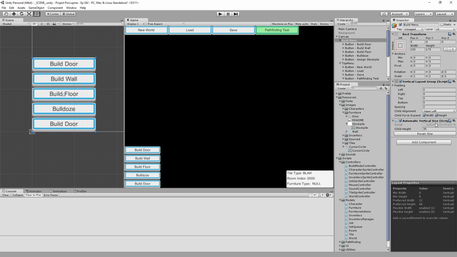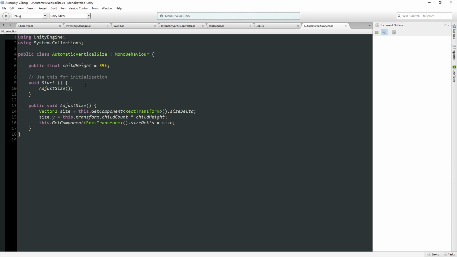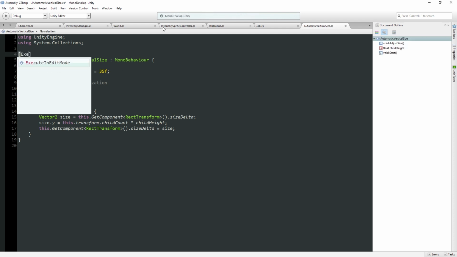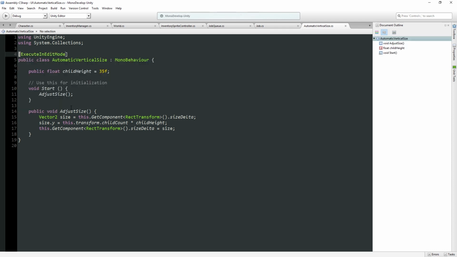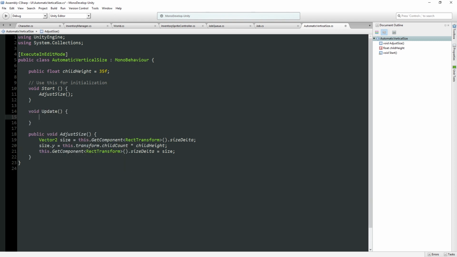I have the button, which is very cool, and I think I wanted to show the button. But wouldn't it be much more convenient if we went execute in edit mode and put in, I don't know, does it have to do it every frame? It's not that unoptimal. So now if we do this, execute in edit mode means that start and update will run in